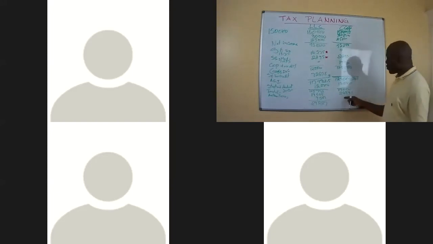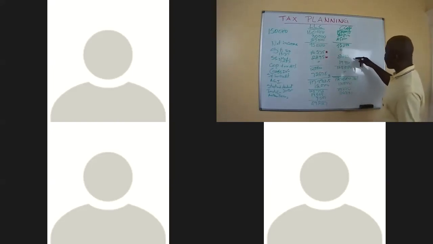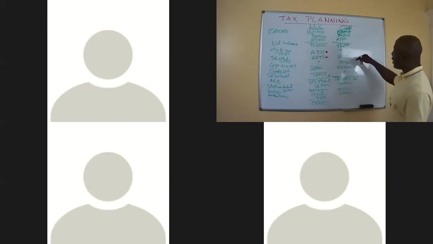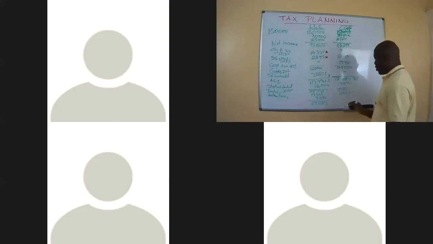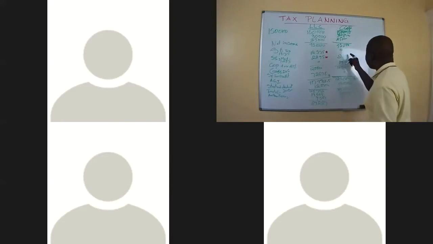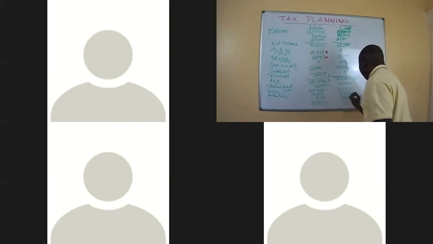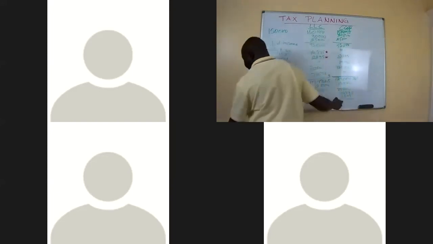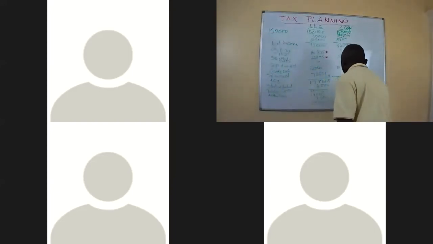And now this one, on the corporate side, he pays income tax, but he also has other taxes. But the other taxes is only the social security. He doesn't have the self-employment taxes here. So he only has here 2,000, this amount, 295. So the total taxes is just to add the 24,000 to the 2,000. It gives us 26,584.